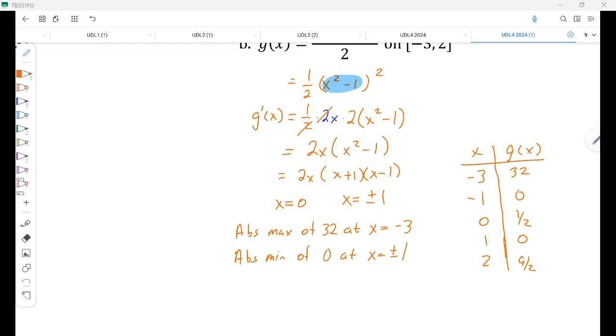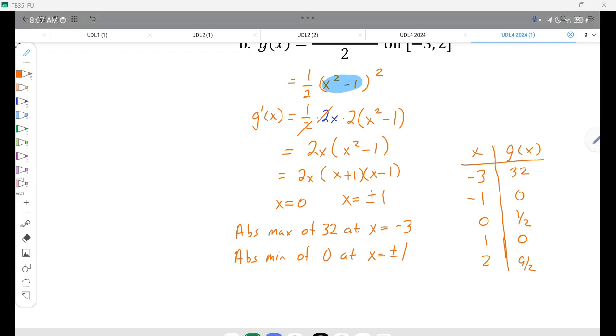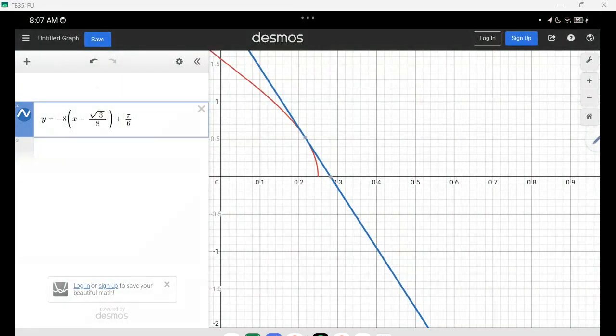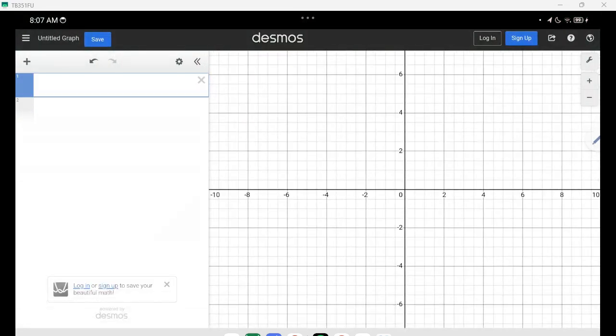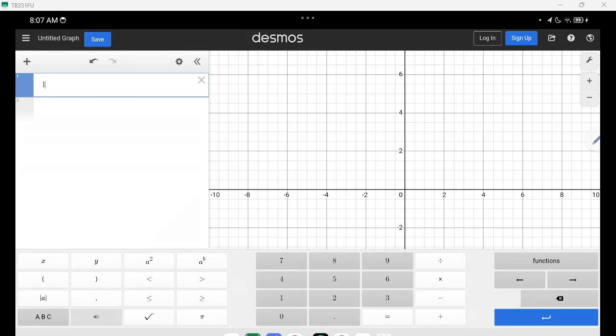Is there anything stopping me from checking this in Desmos? Nope. So let's do that. Alrighty, get that nonsense out of there. Go back to home. And our function was 1/2 the quantity